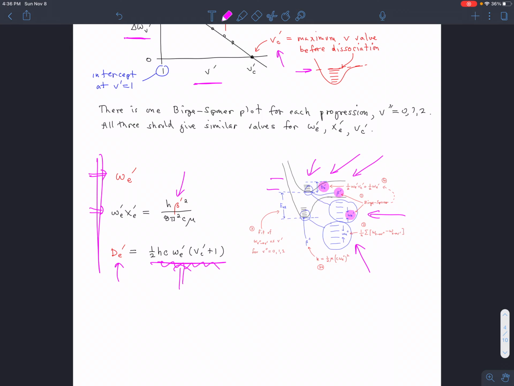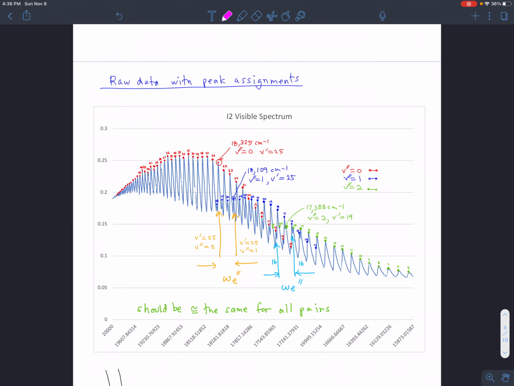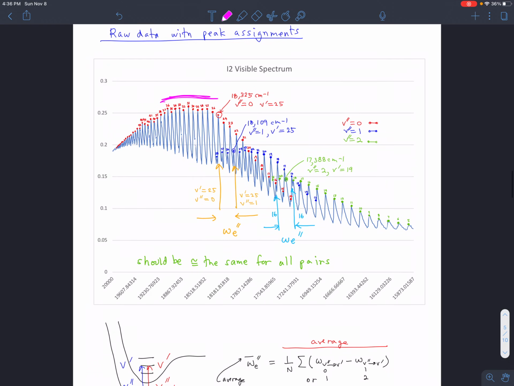One is the spacing between vibrational levels in the ground state. Another is the spring constant, or force constant, for the ground state potential. And we can get both of these by looking not at adjacent values between the V prime levels within one group here, but by looking at peak differences between